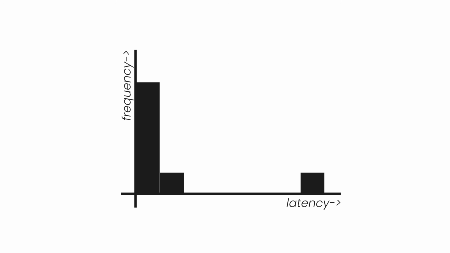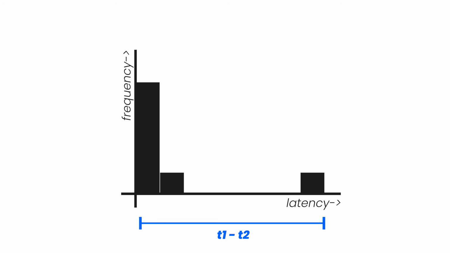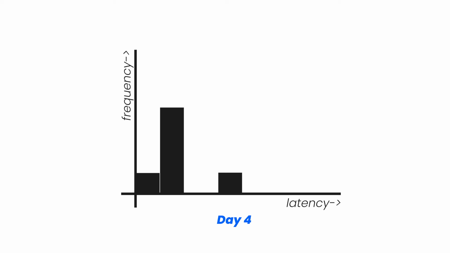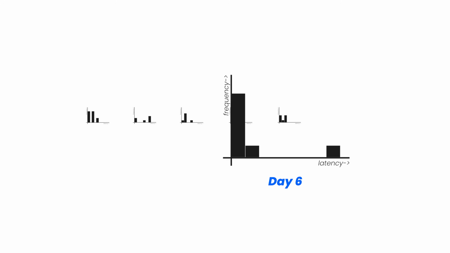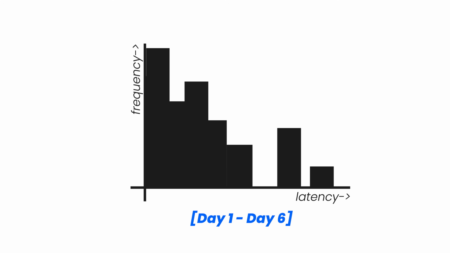So this histogram explains how well requests were served within a time window. The initial graph had requests with time on the x-axis and latency on the y-axis. If you look at the time window here, the resultant frequency graph notes down this time window. And what Monarch does is for every time window, it stores a histogram which explains how well the system is doing across time. So an engineer can dig into a single time window, or they can get an aggregate across multiple histograms.